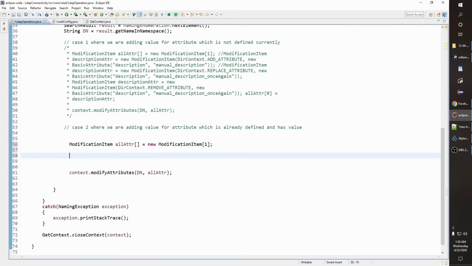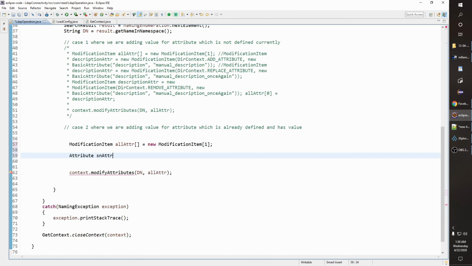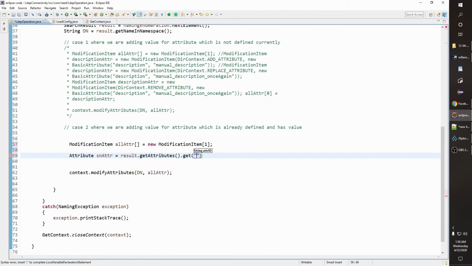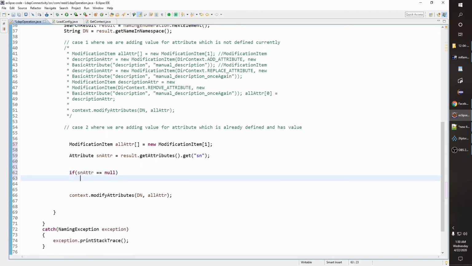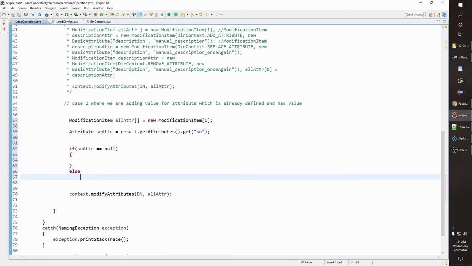So what we can do is, SN attribute is equal to result dot get attributes dot get string ID. So that will be SN, correct? If SN attribute is equal to null, then we will add, because SN is single valued, else we'll replace it.